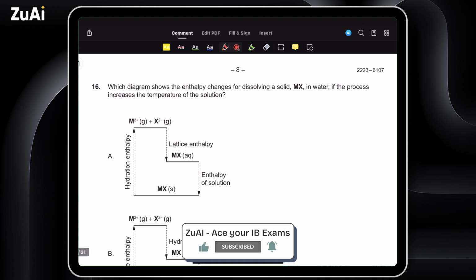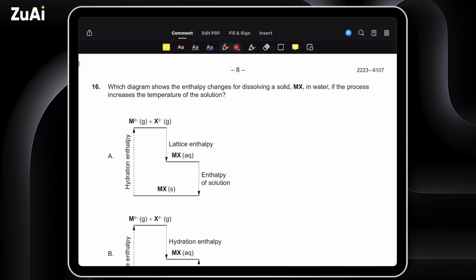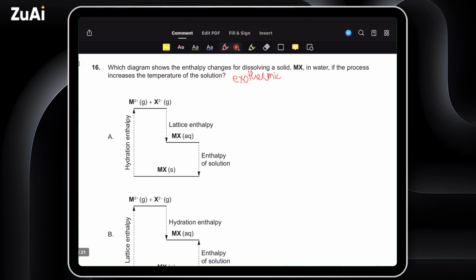This diagram shows the enthalpy change for dissolving a solid MX in water, in the process increasing the temperature of the solution. So since the temperature is going to increase, if the temperature of the solution increases, that means it is exothermic. And for the exothermic,